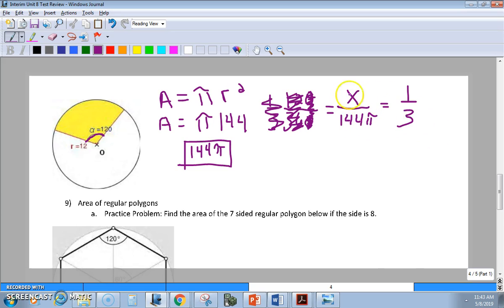So when I cross multiply, or you can multiply both sides by both denominators, whatever you prefer, I get 3 times x, right? And you can only cross multiply when it's a proportion, which means there's an equal sign in the middle, is equal to, and 1 times 144 pi is simply 144 pi. Then we can divide both sides by 3,